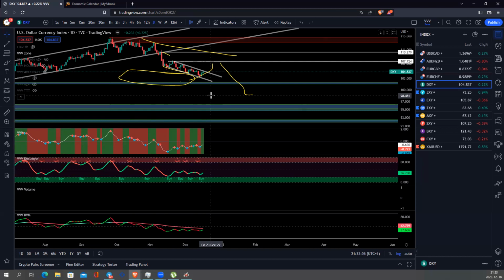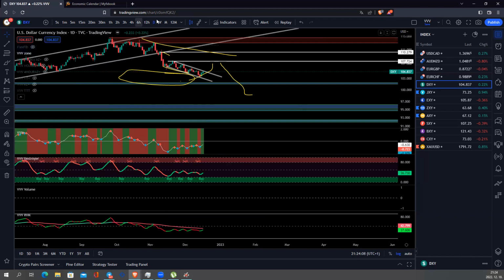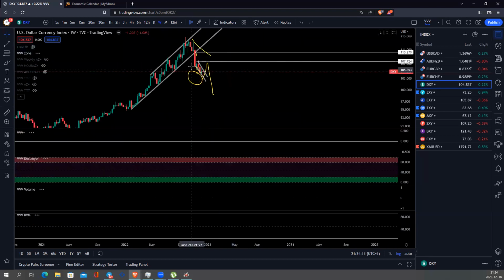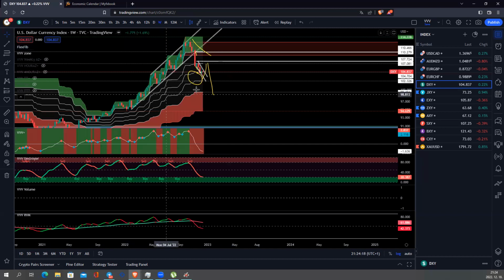So I want to see how it continues. Actually, my target zone is reached, how I wanted, from the break 5 or 6 weeks ago. It is most likely also on the fib. If you see, it was between two zones, and the momentum is still bearish on the VV, on the destroyer,